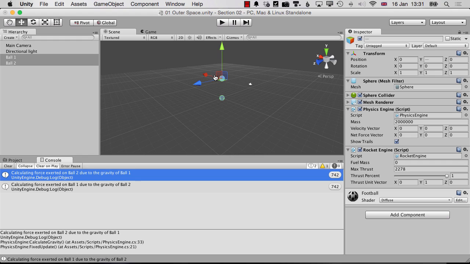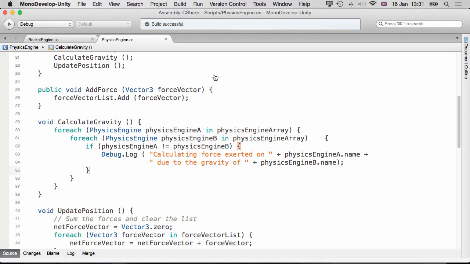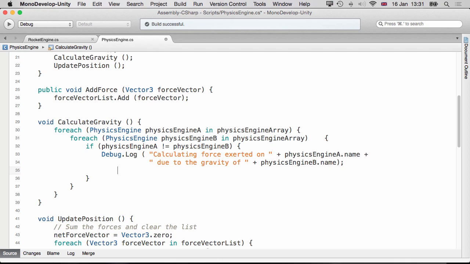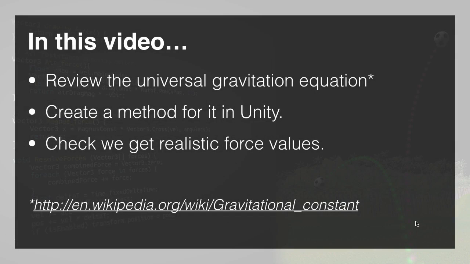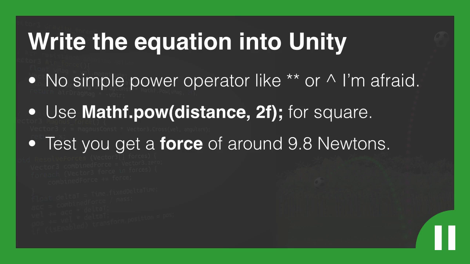Great, so why don't we challenge you to go ahead and write the rest of the calculate gravity method. So you've got your log statement, what are you going to put in here? That's the question. Have a pop at it. You've got the equation there in Wikipedia. There's no simple operator like star or caret, I'm afraid, in C#, so you're going to have to use Mathf.Pow and then that distance and 2f for float, so you'll make it taking it to the power of 2, and